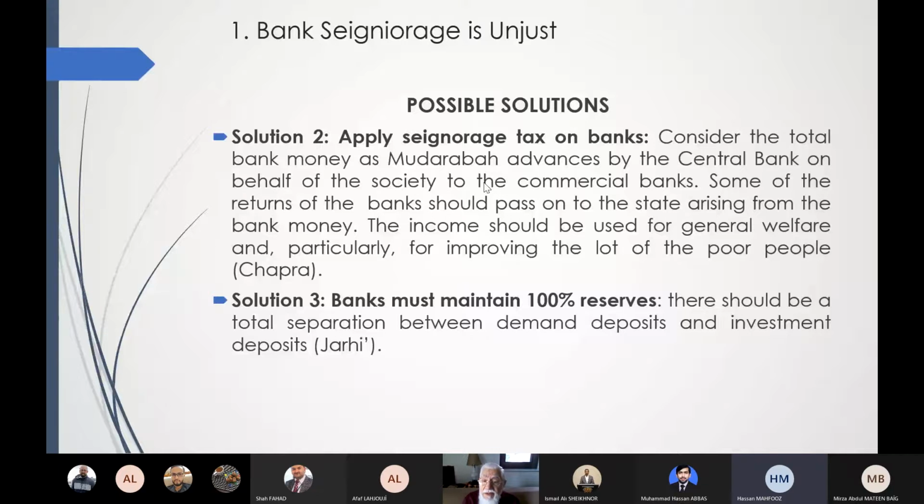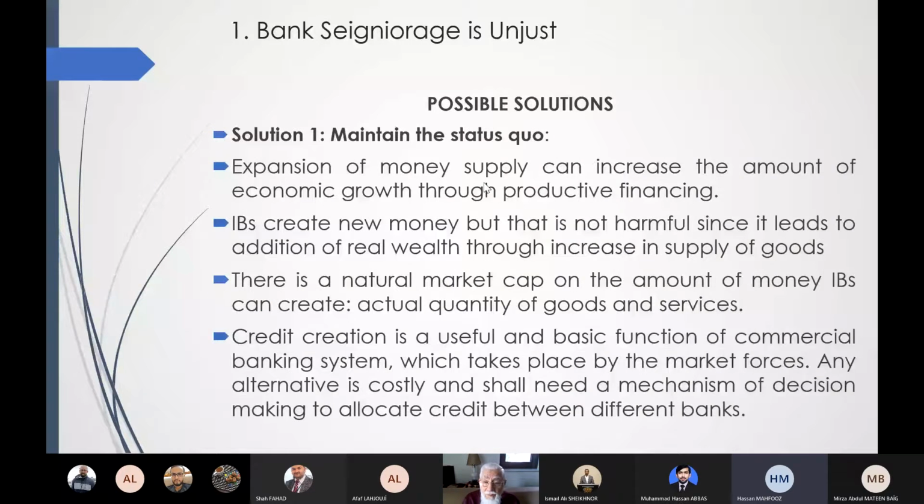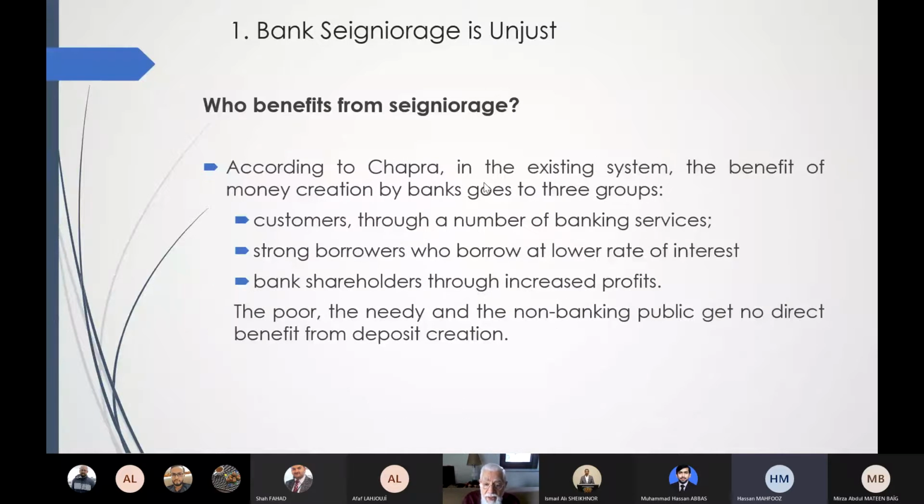Who are the beneficiaries? Yes, those who benefit from the banking services: banks, depositors, and shareholders. So bankers, people who deal with banks, even those who take financing, not necessarily having deposits, but customers of banks. Borrowers also benefit,